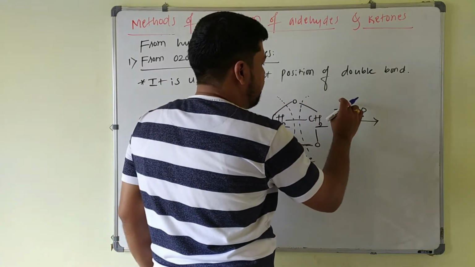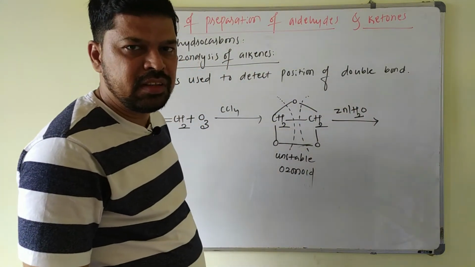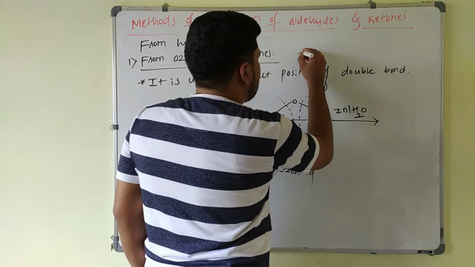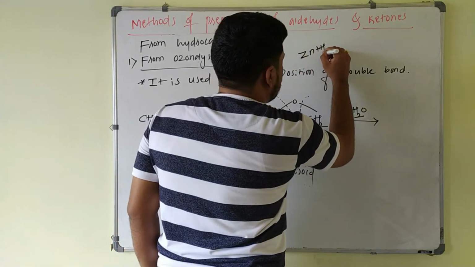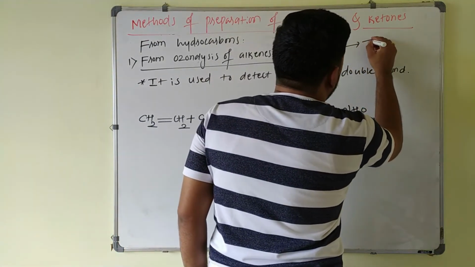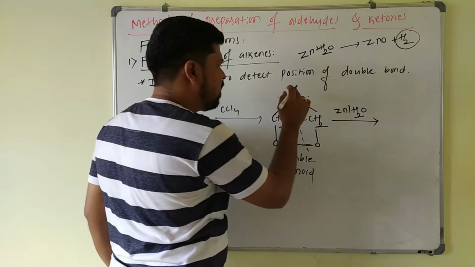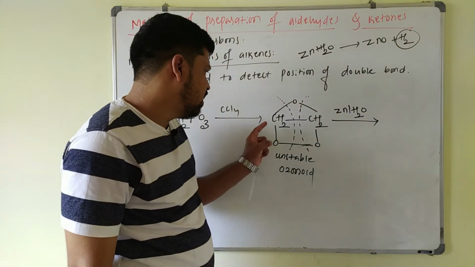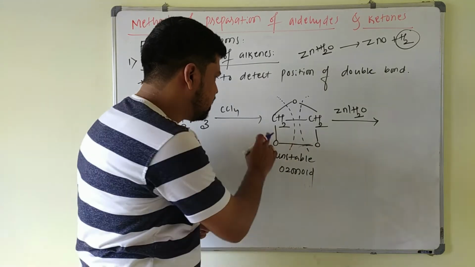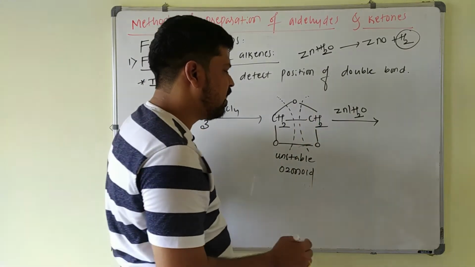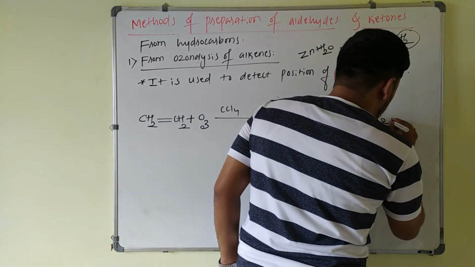Always keep in mind, any metal with water is a reducing agent, because zinc plus water is nothing but zinc oxide plus H2. These 2 hydrogens combine with this oxygen, so that this compound is broken like this. This is HCHO and this is 1 HCHO. So that you will get 2 moles of